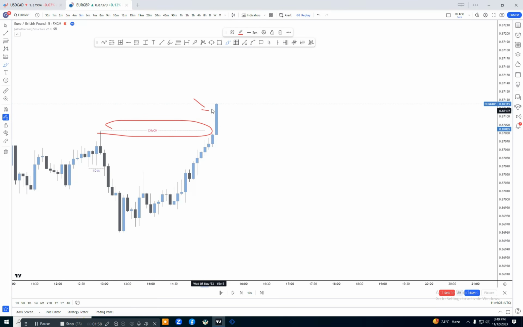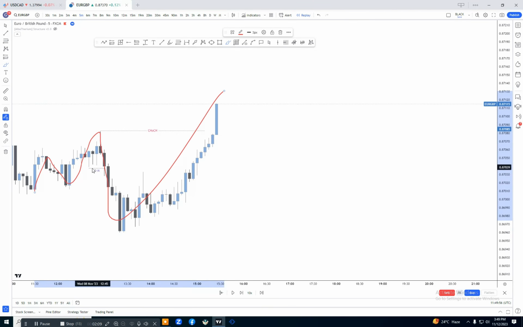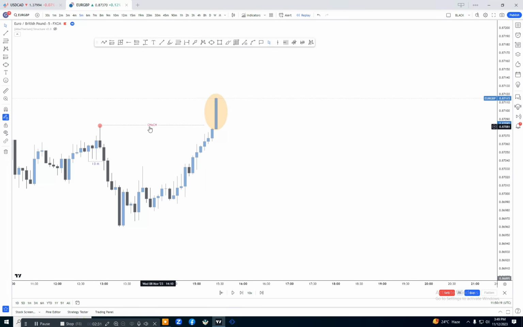Now the next step is that we need to find where our impulse or correction is. You can see the market momentum is completely bullish, and here was the last pullback, which was with that candle. After taking out the pullback, our higher high was confirmed. Here was our last higher high, and the higher low is confirmed when the market breaks the previous high, which is that point. At this candle, when the market breaks the previous high and closes above it, our breakout structure is confirmed. And after confirmation of the breakout structure, our lower low is confirmed here at this point.